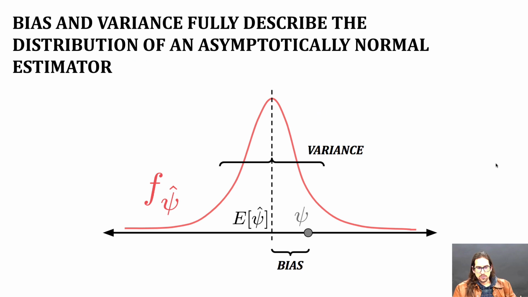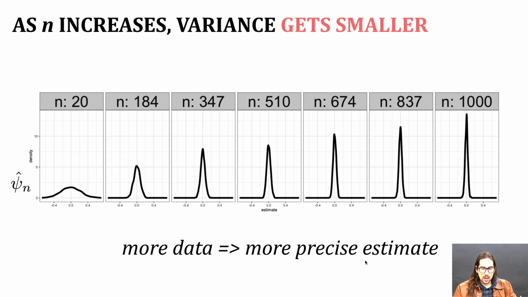So why is this useful? Well, because bias and variance fully describe the distribution of an asymptotically normal estimator. So if I know that this is asymptotically normal, there's only 2 things I have to care about: the variance and the bias. Okay,